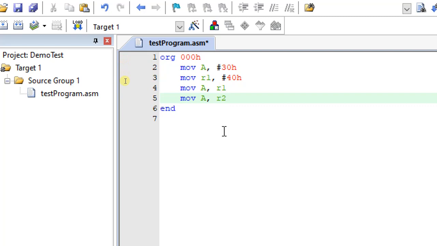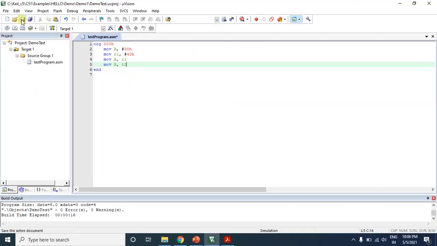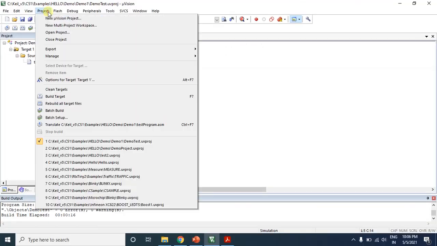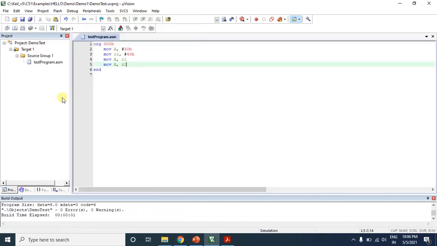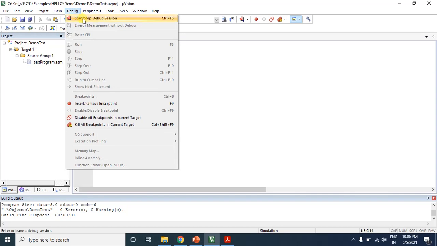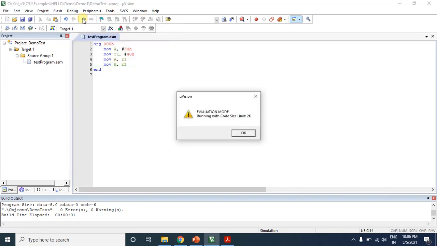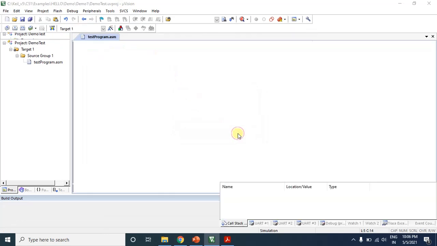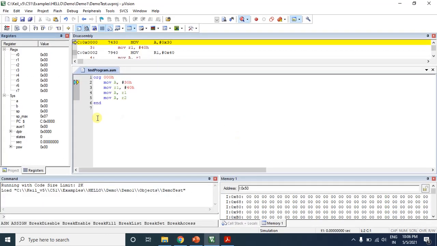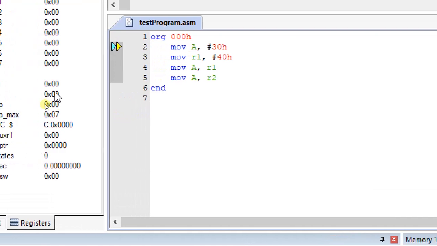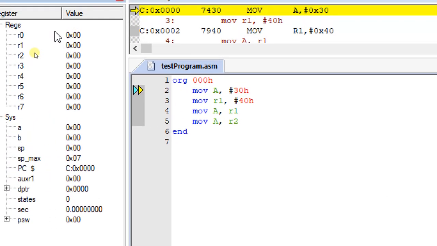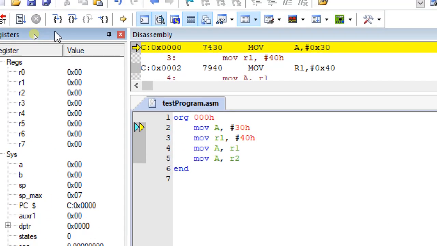Okay, so let us execute this program. Let me save. Then you have to build: go to Project, then Build Target. Okay, now I have got no errors. Now I'll go to Debug and select Start/Stop Debug, click OK. Now if you observe, in the registers the default value is 00.